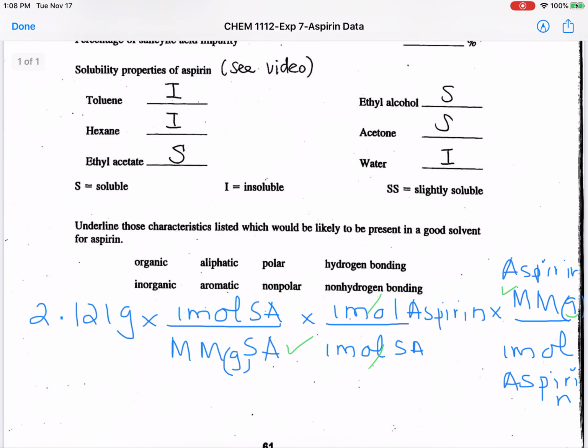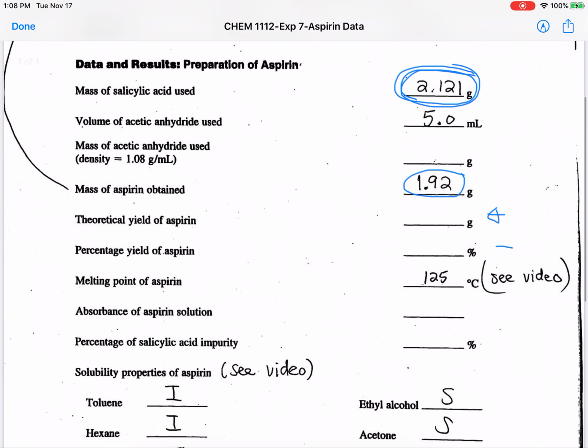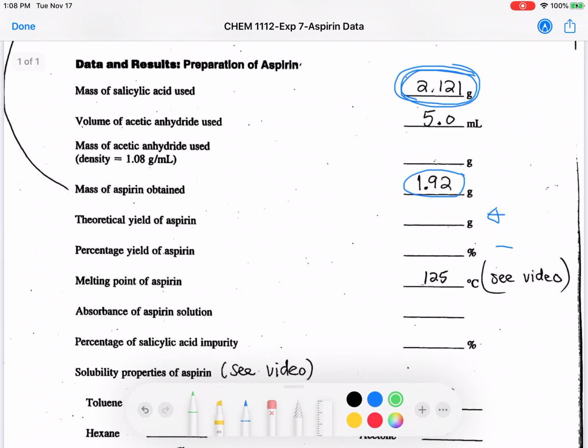That amount you're going to put in the space provided for theoretical yield, which is how you're going to calculate it. And then the percent yield is going to be 1.92 grams divided by your answer for the theoretical yield, which you put over here, times 100, which will give you the percent yield. Okay, you do that calculation, and then the melting point is given to you, and we also did some